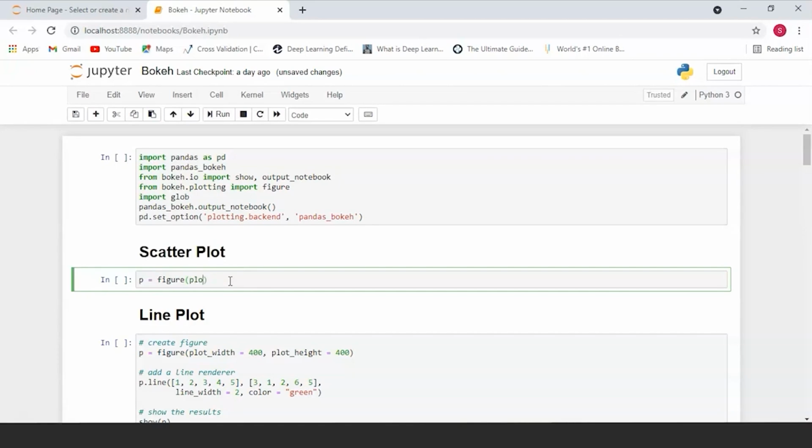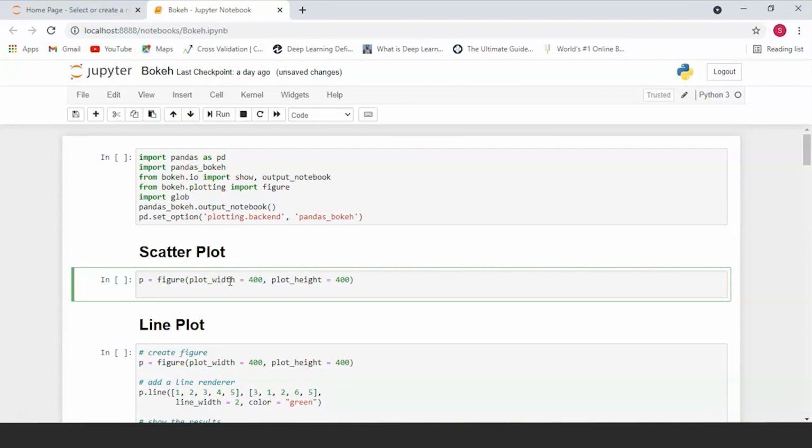So let's say we want the plot width to be equal to 400 and the plot height to be equal to 402. We're going to be plotting a scatter plot in the form of a square here. Next, we know that a scatter plot is nothing but various circles which are plotted on top of our graph. So that's what we're going to do. We're going to be plotting circles